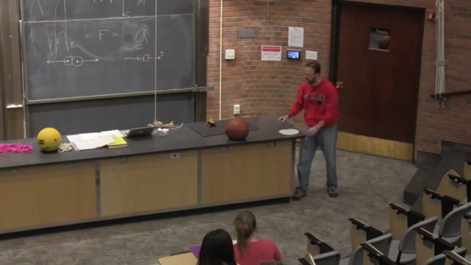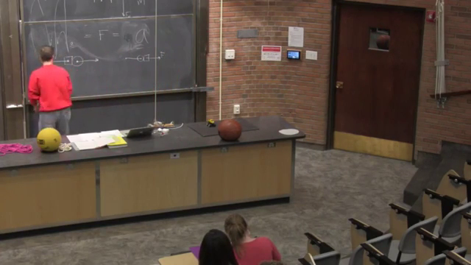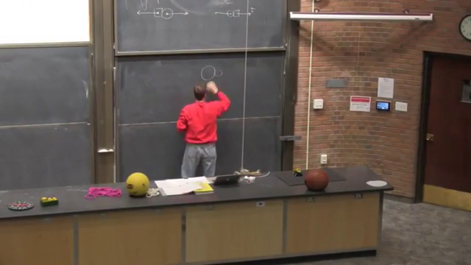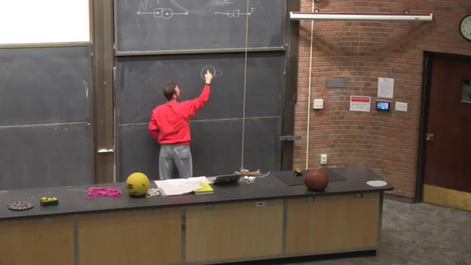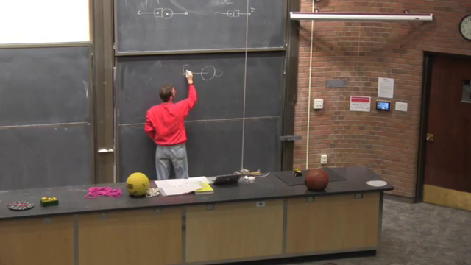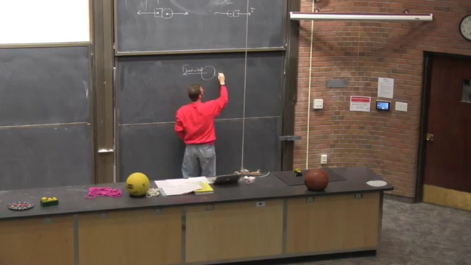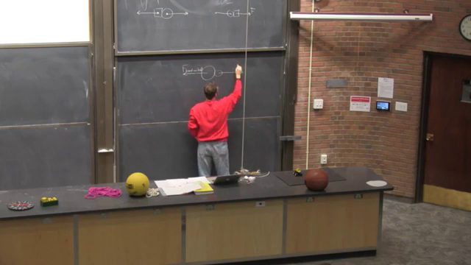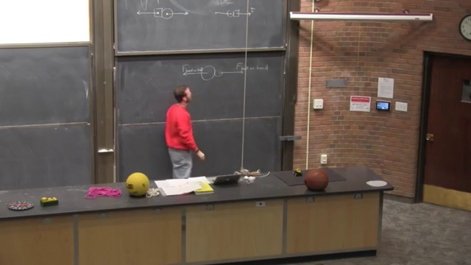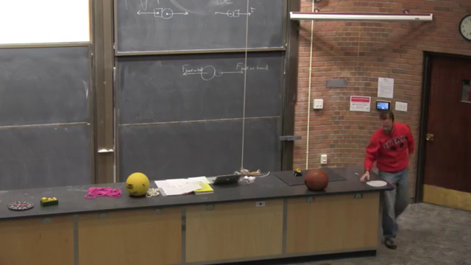Let's analyze these. Okay, if I hit this, we got a force and a force, correct? Action-reaction pair. All right, and my hand. So my hand exerts a force on the ball and tries to move it. So this is hand on ball. So it must be an equal and opposite force back on my hand, correct? Ball on hand. You're like, yep, okay, got it. So what, Adam? We can do the same game with this one.